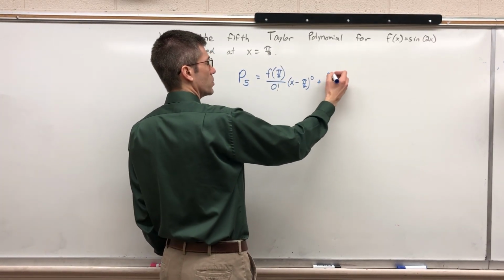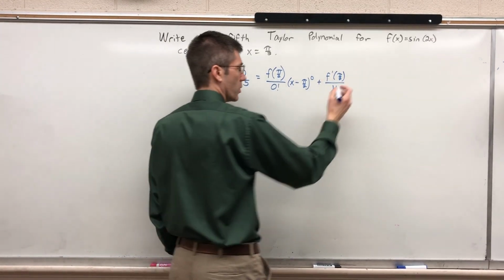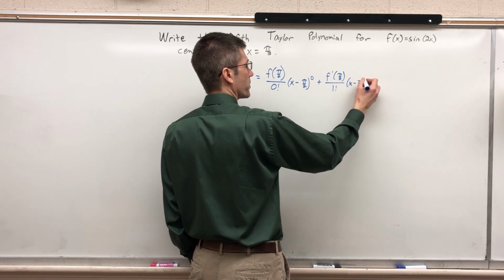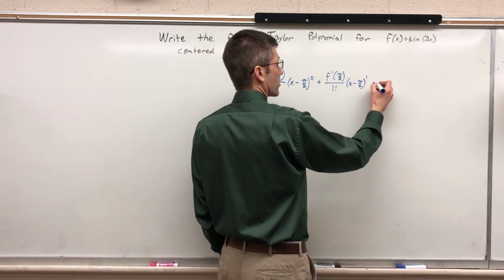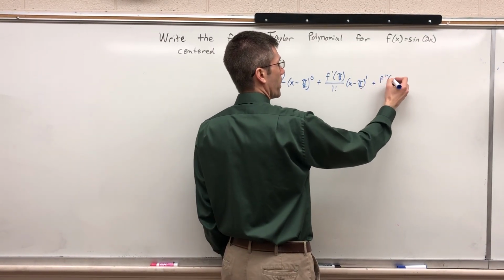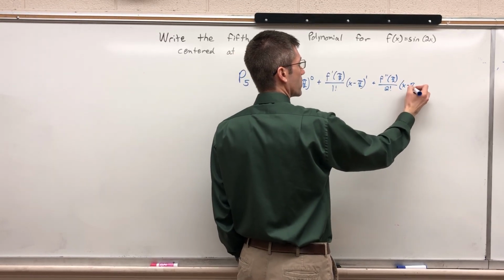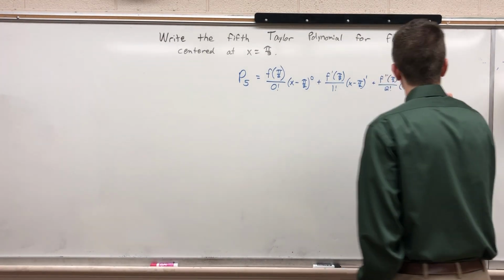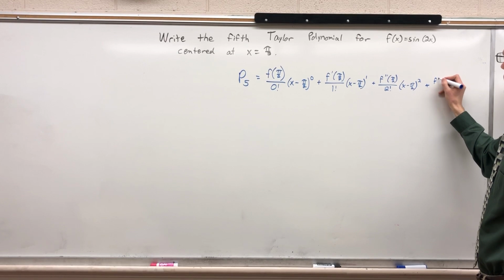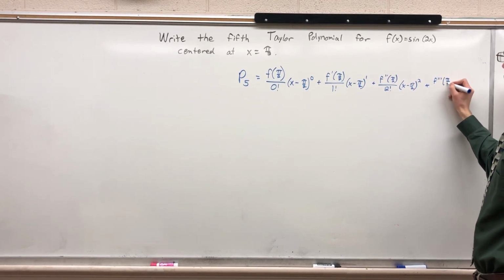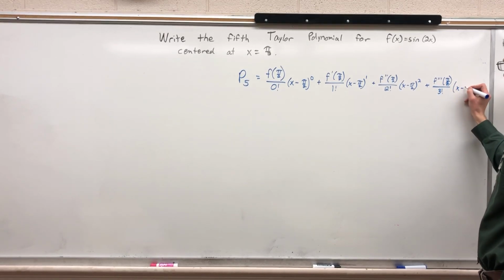And then we're going to add that to the first derivative at pi over 2 over 1 factorial, which of course is 1, and then x minus pi over 2 to the 1. Probably didn't leave myself enough room to write this. And then third, f double prime pi over 2 over 2 factorial, x minus pi over 2 squared. Yeah, I can fit one more term here. Erase that. And we have f triple prime of pi over 2, over 3 factorial, x minus